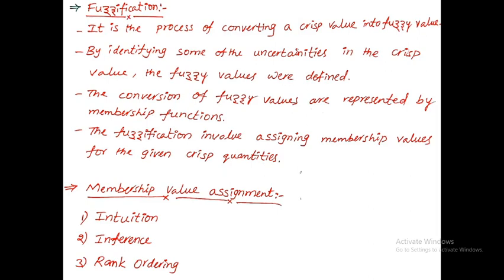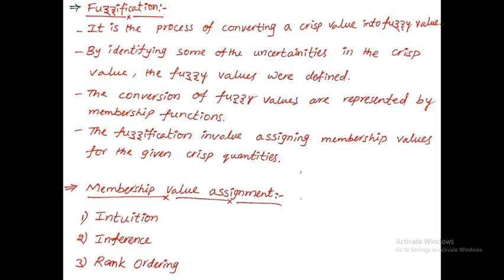That grade may be based from 9 to 10, S grade means I'll get S grade. If it is between 8.5 to 9, that will be assigned the A grade. So 8.5 to 9.0 is nothing but a fuzzy range. Those uncertainties are there in the crisp values, right? So those were defined with the fuzzy values,